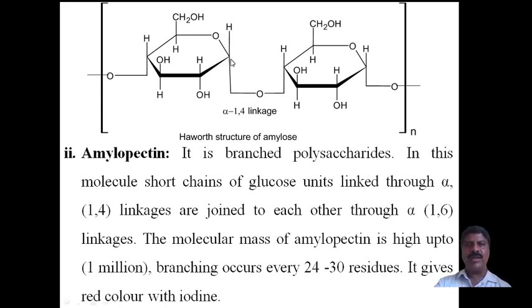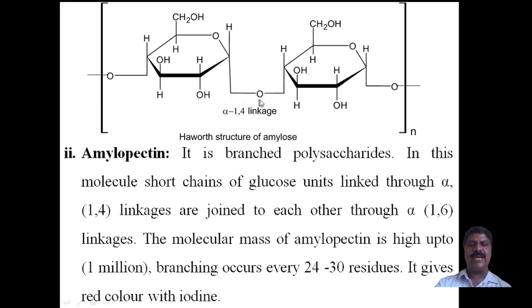Here, the hydroxyl group present, that is a secondary alcoholic group on one carbon atom, joins with the secondary alcoholic group present at the four position of the other molecule, and a water molecule is liberated and an oxygen will be there. It is like an ether group, and this is called an alpha glycosidic